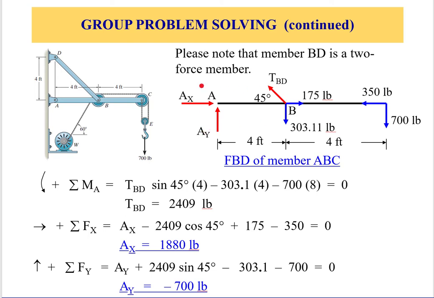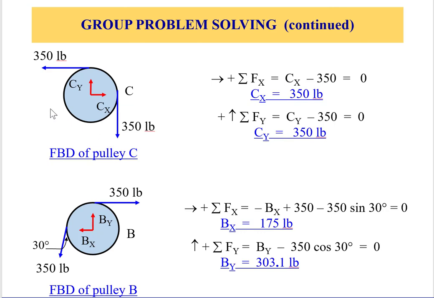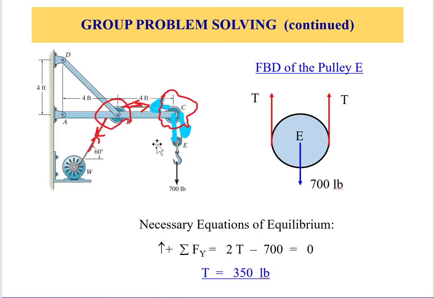We have the unknown TBD, or FBD, name it whatever, at a known angle. The reaction forces at B, and we have two things. In fact, we have a 350 from CX, and also we have CY 350, and we have also the T